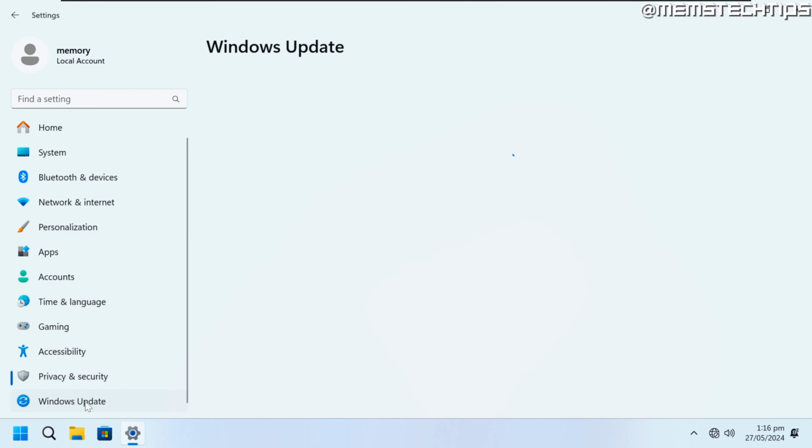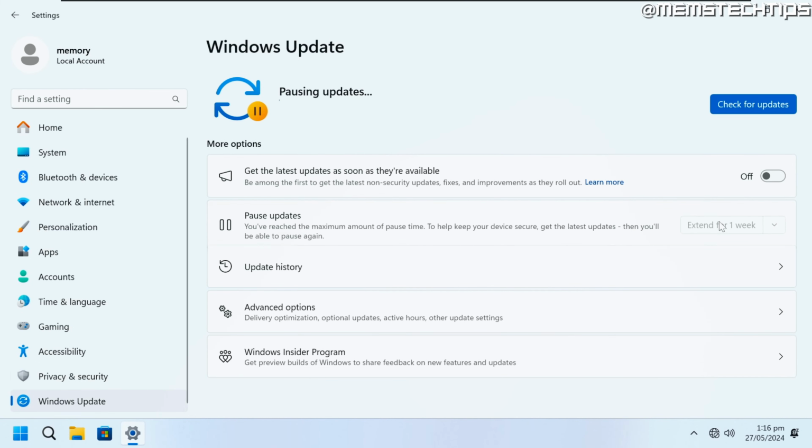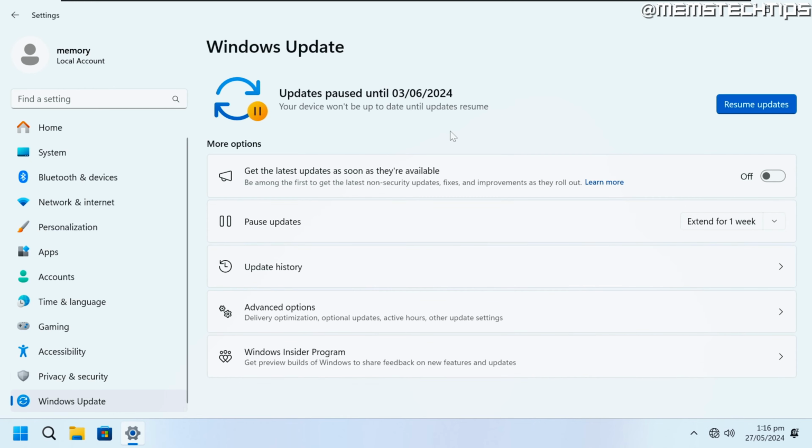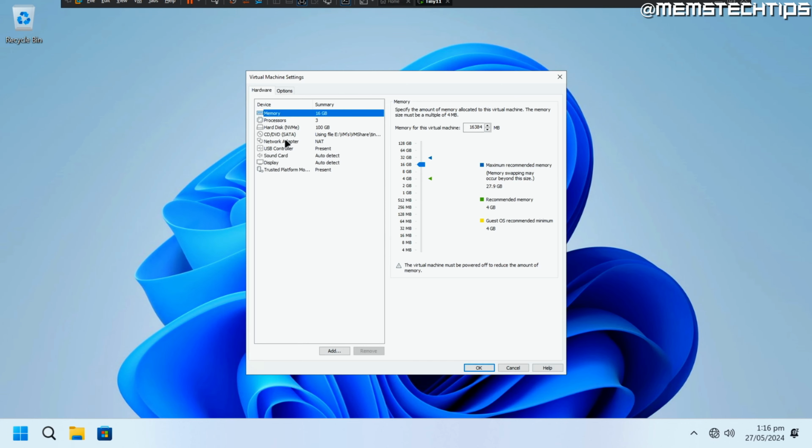So now I want to connect this installation to the internet to see which bloat gets installed back into it. But before I do, I just want to pause the updates for a week so it doesn't start auto-updating, because I want to use the Chris Titus Tech Windows utility to install only the security updates. So I'm just going to connect this virtual machine to the internet now,